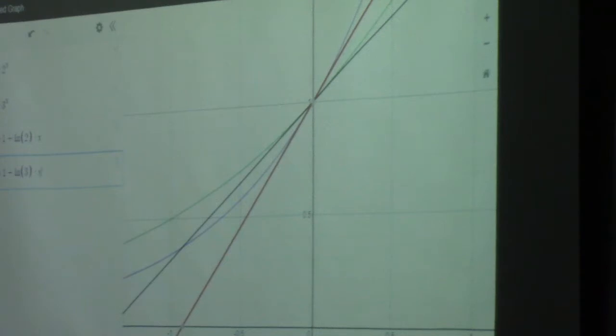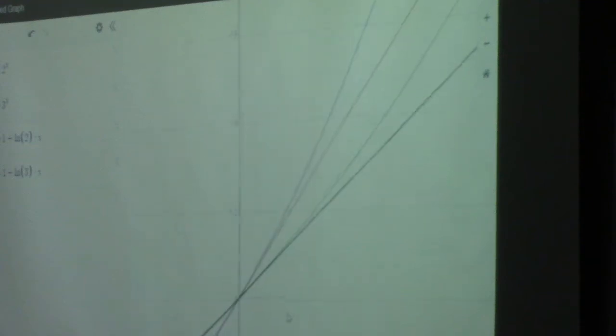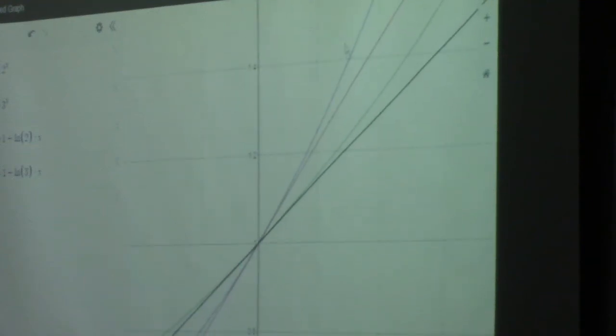So there's the tangent line. Again here, the 3 to the x is the purple, the 2 to the x is the green. The tangent line to the purple is the red line, the tangent line to the green is the black line. Now, these numbers, natural log of 2 and natural log of 3, we'll explain more fully at the end of this chapter, but for our intents and purposes, what I want you to know is that